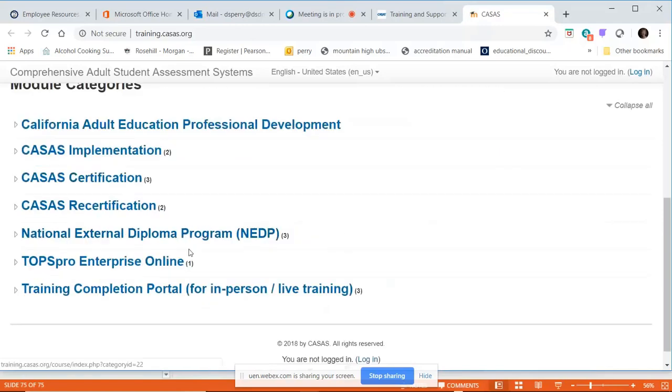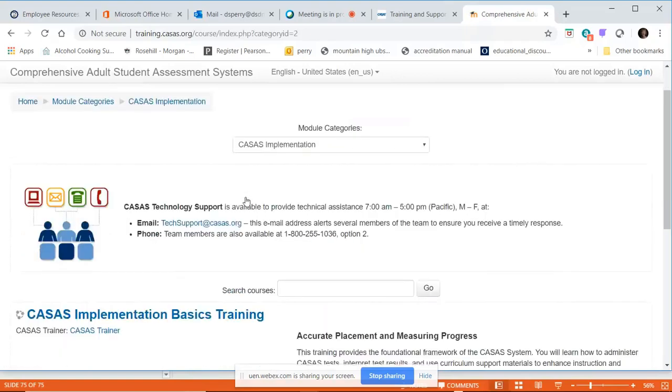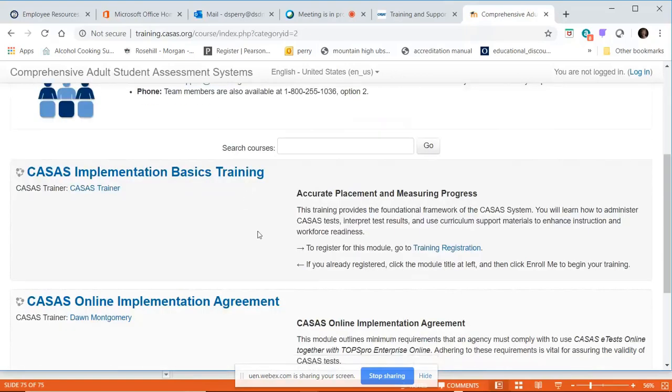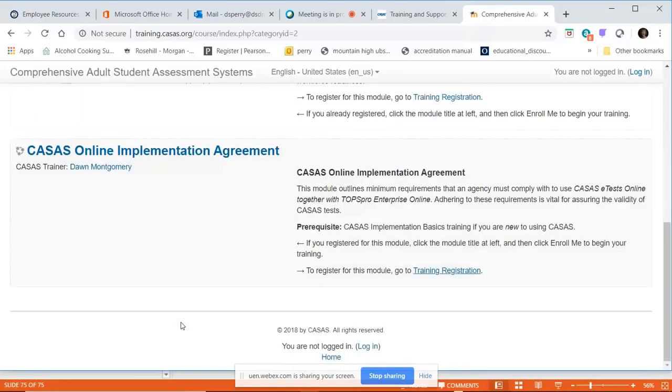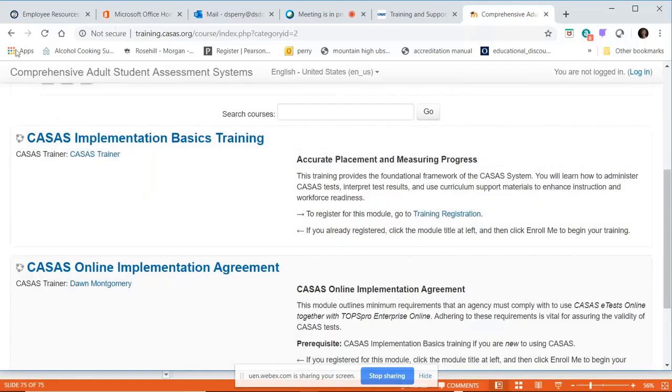So you're going to do this. This is the one that they have up right now, process implementation. Some of you will be very familiar with this. So here's the basic. Here's that implementation agreement that you have to do. You can go back and find the proctor, etc. So you click on this, and this is kind of a roundabout way. You click on this,